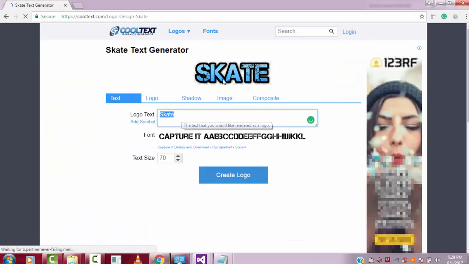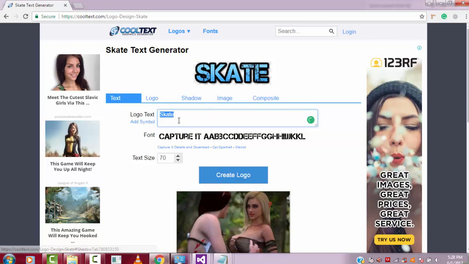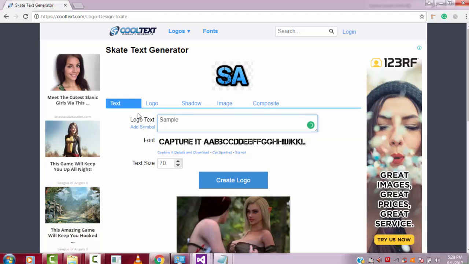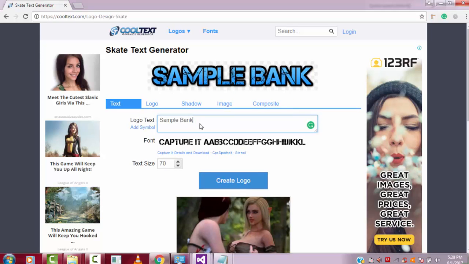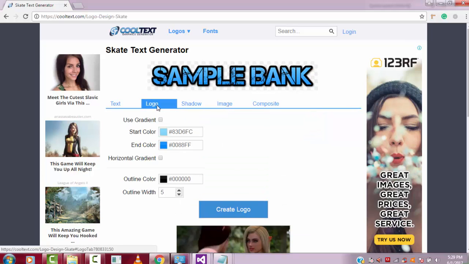By default it comes with this text. Here it's asking what text you are going to type for your logo. Here I'm going to type Sample Bank. This is a sample bank system I'm going to develop. Okay, and after that it's asking for the color. Click on the logo here.